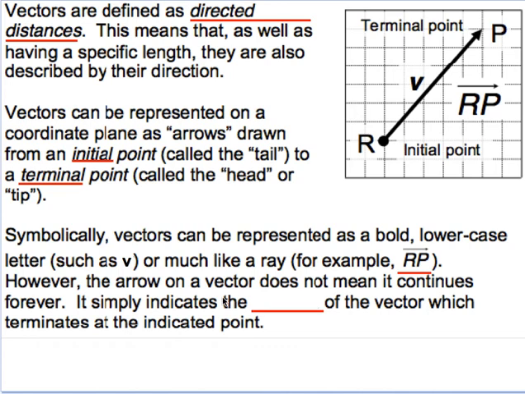However, the arrow as a vector does not mean it continues forever. It simply indicates the